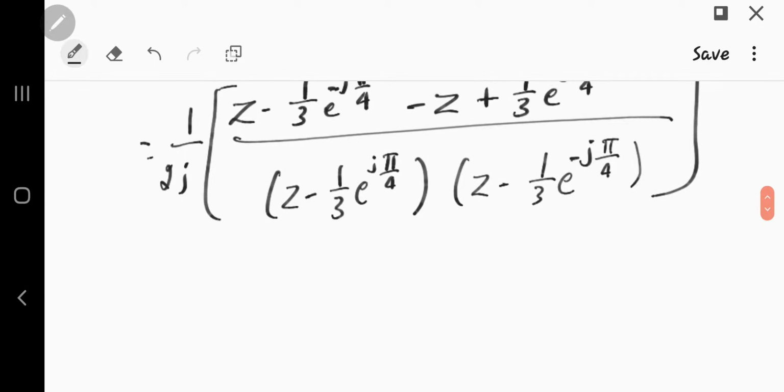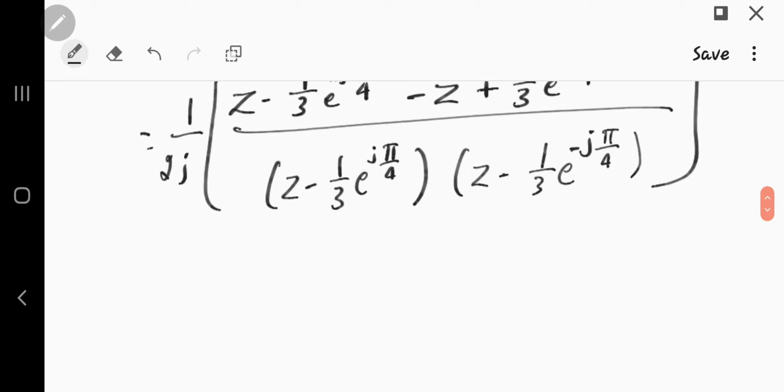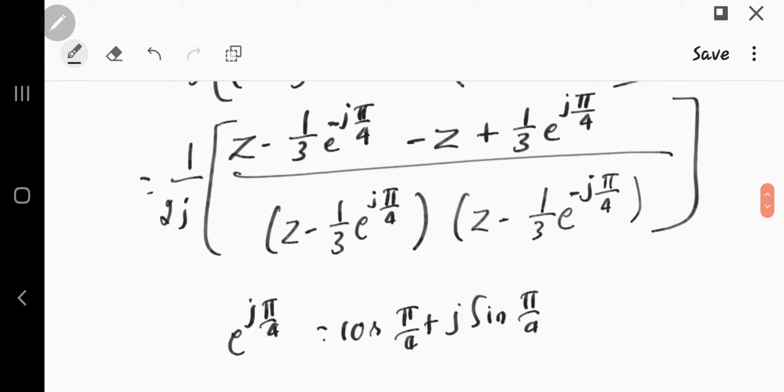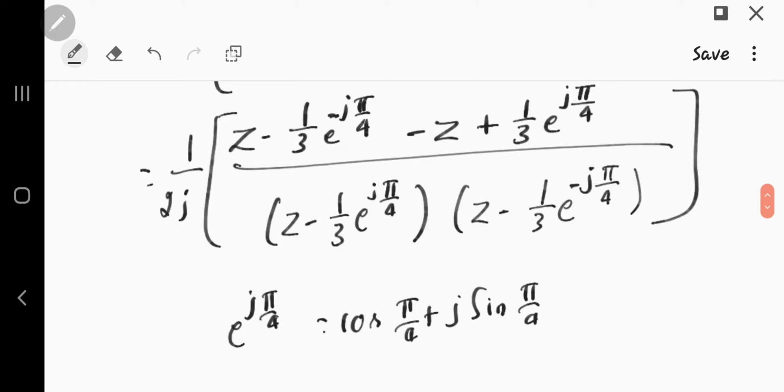Now if you convert this e power j pi by 4 as cos pi by 4 plus j sin pi by 4, I think this z and z will get cancelled, and you will remain with